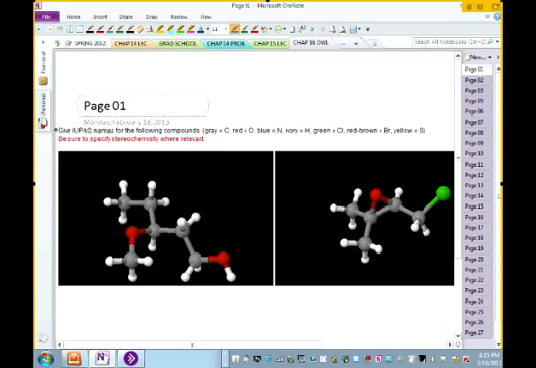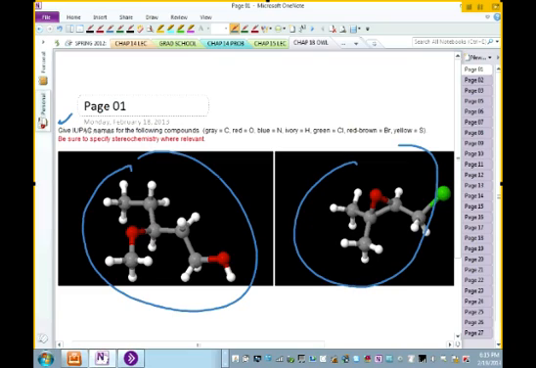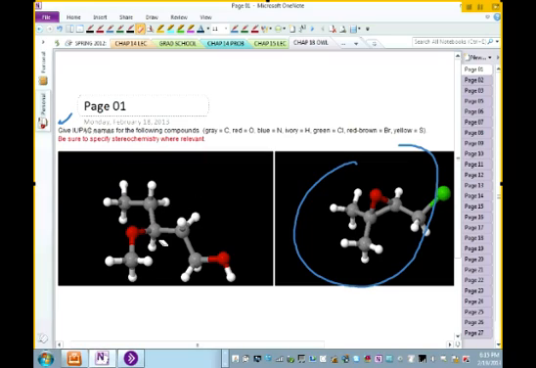At this point, Lorenzo, can you go ahead and read this for us? Give IUPAC names to the following compounds. Be sure to specify stereochemistry. Thank you. Now, what they want us to do here is to give the IUPAC name for this compound, this compound and this compound. If you take a look at this molecule here, how many classes of compounds do you have in this molecule? What class of compound is this, right here?